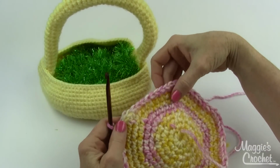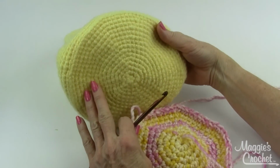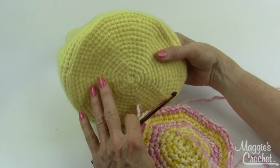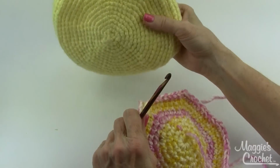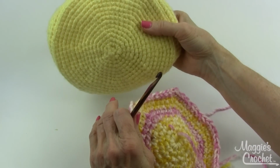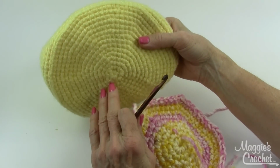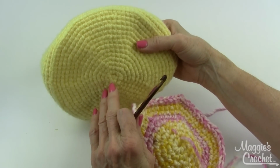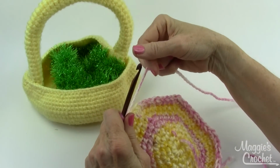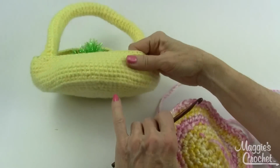So it took me about 9 rounds to get to about 7 inches for the bottom of my basket. And however wide you want to make the bottom of your basket, it'll work out fine. The recommended rounds was 15 in the pattern, which would have given you 90 stitches. But with 9 rounds, I have 54, I believe. So anyway, the next round after that is